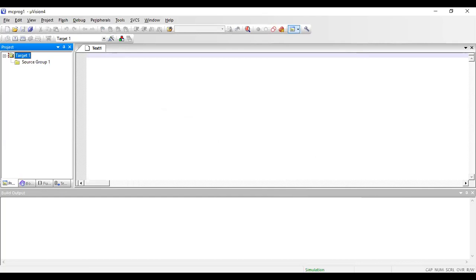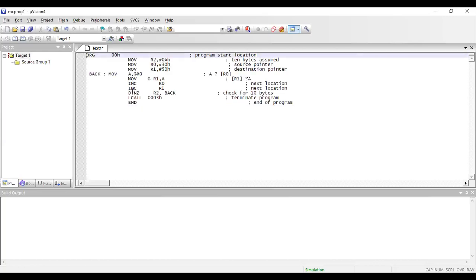After the project has been created, you need to enter the code in the editor window. We will have to type in the program, which is program number 1, the program to move the block.